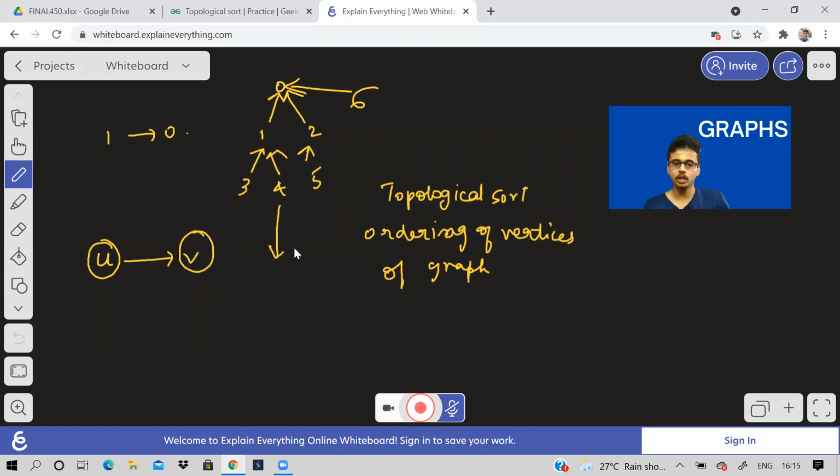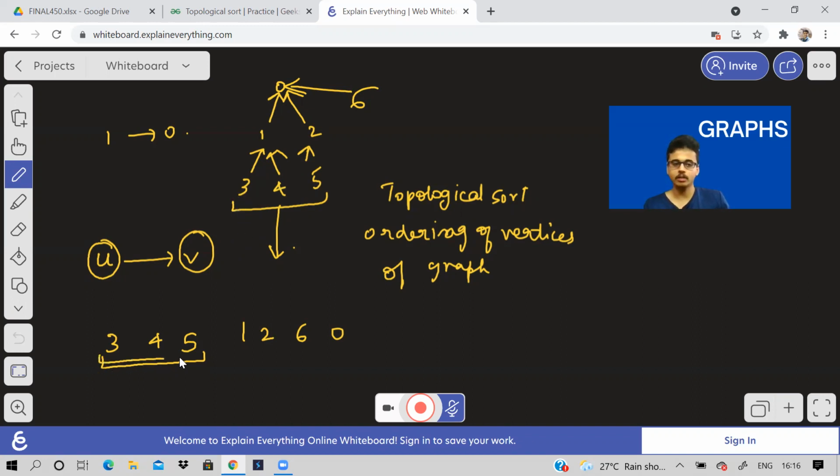So one topological sort ordering can be 3, 4, 5, 1, 2, 6, 0. See, 3, 4, 5, I'll write it first because there is no edge that is moving towards these nodes. There is no edge moving towards these nodes, right?